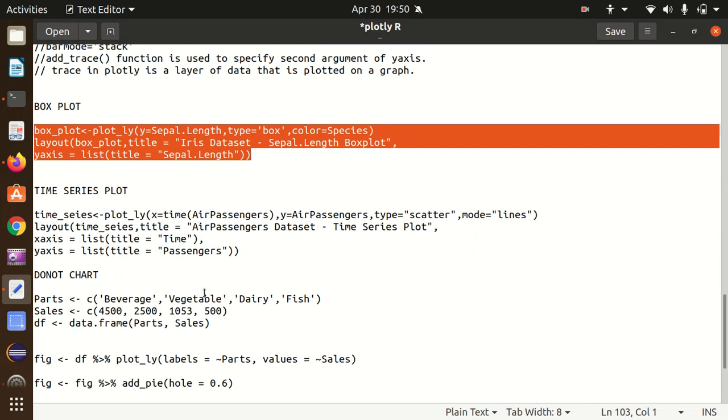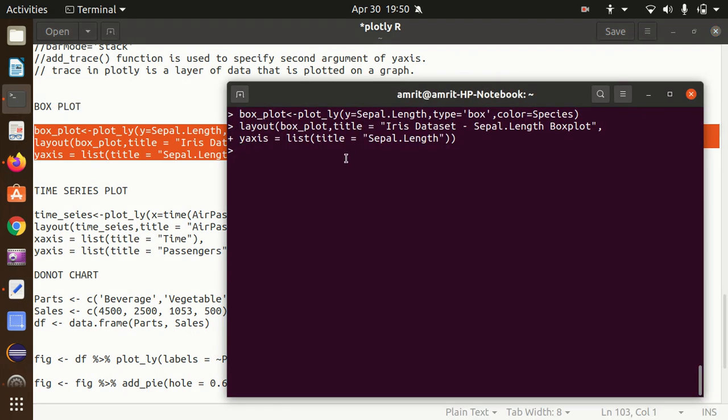A time series plot is a special type of plot in which we have data in a consecutive fashion. The best example of a time series is if you want to draw how the temperature is changing. It's consecutive numbers, right? So this is called a time series plot. And again, we cannot draw a time series plot for any kind of data, right? For that we are specially using the air passengers data, because if you go with air passengers,